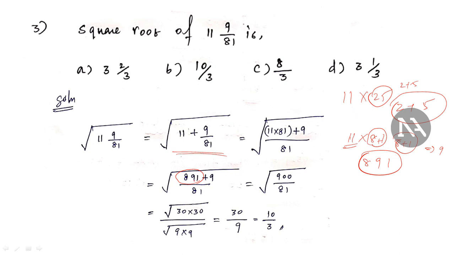So like that, this is 891 plus 9, then divided by 81. If you add these two numbers, that will give you 900. This is 81. In the previous case itself, we saw root of 81 is giving 9. Then root of 900 is going to give you 30. So 30 divided by 9. I can divide both numerator and denominator by common 3. So 3 3s are 9 and 10 3s are 30. So the final answer is 10 by 3.